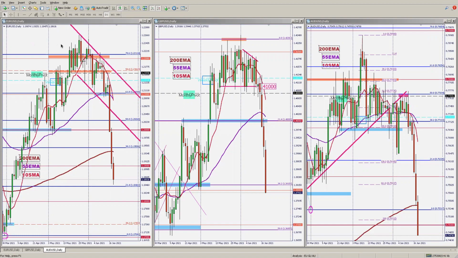And this is the weekly technical analysis for the Euro, the cable, and the Aussie dollar for the fourth week of June. Across all the major pairs, you will see that all of them have fallen hard against the US dollar, as the US dollar has shot up significantly after the Federal Reserve statement and announcements, and they basically had two major changes in their projection for interest rate increase.